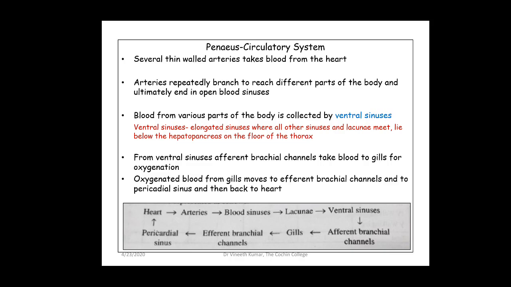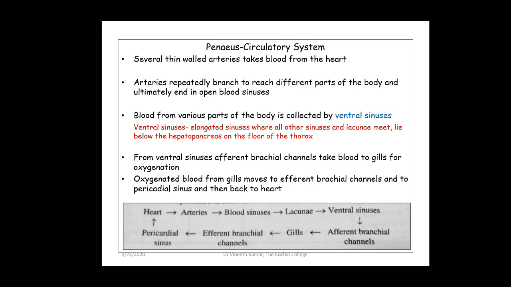Coming to the arteries, there are several thin-walled arteries that take up blood from the heart. The arteries repeatedly branch to reach different parts of the body, and these arteries ultimately end in open blood sinuses. The blood from various parts of the body is collected by the structure called the ventral sinus. The ventral sinus is different from the other blood-filled cavities, lacunae and sinuses, in the sense that it is an elongated sinus